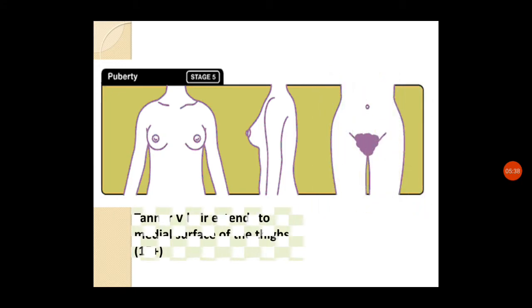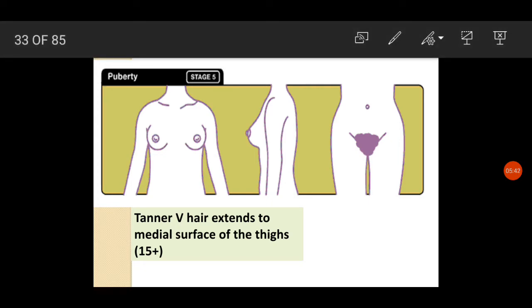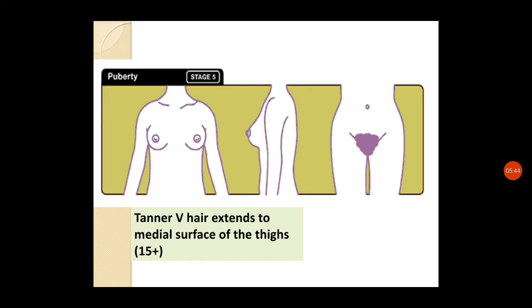Regarding the hair, now the hair quality will be adult-like. The hair extends to the medial surface of the thighs, and it will be seen at 15 years and more. So the medial thighs are also covered with hair. So this is about the 5 stages of puberty in females according to Tanner, and this is based on the